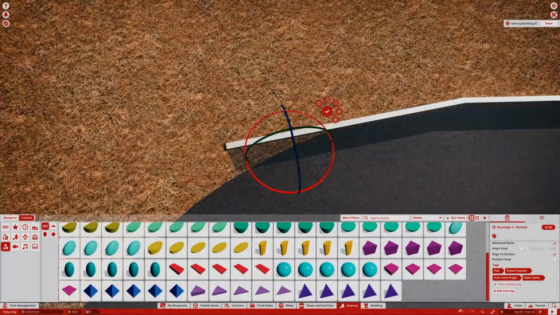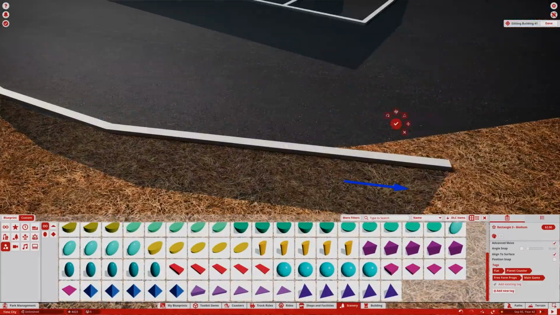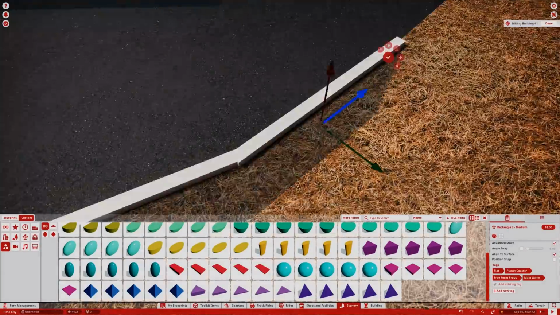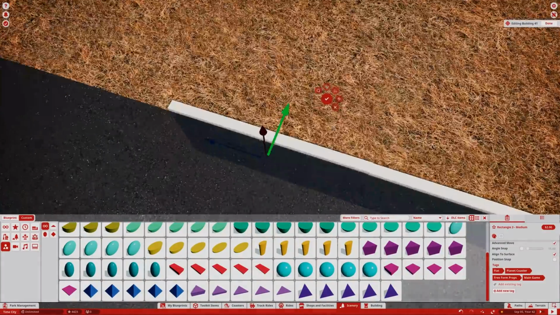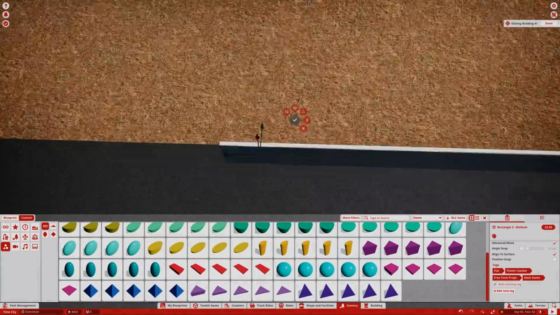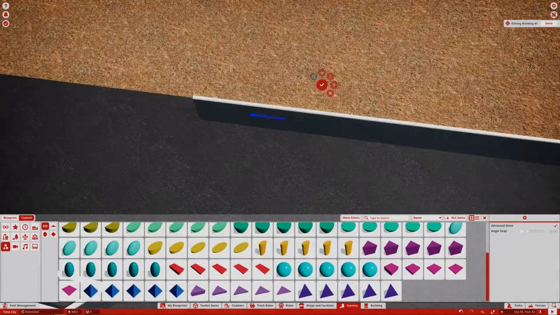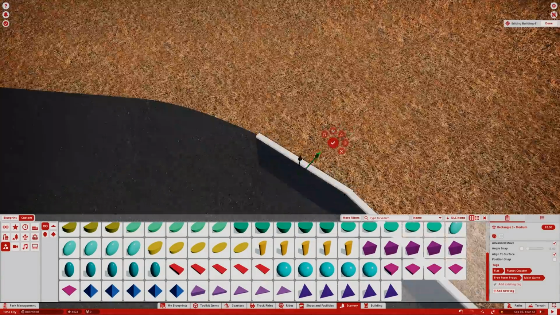Just a little bit of hiccups here and there, but for the most part it was pretty easy to create a new lot. I find myself actually getting pretty decent, or a lot better at creating parking lots now. They're not as hard as they used to be. I'm getting a little bit better as time goes along, and every single park I make,